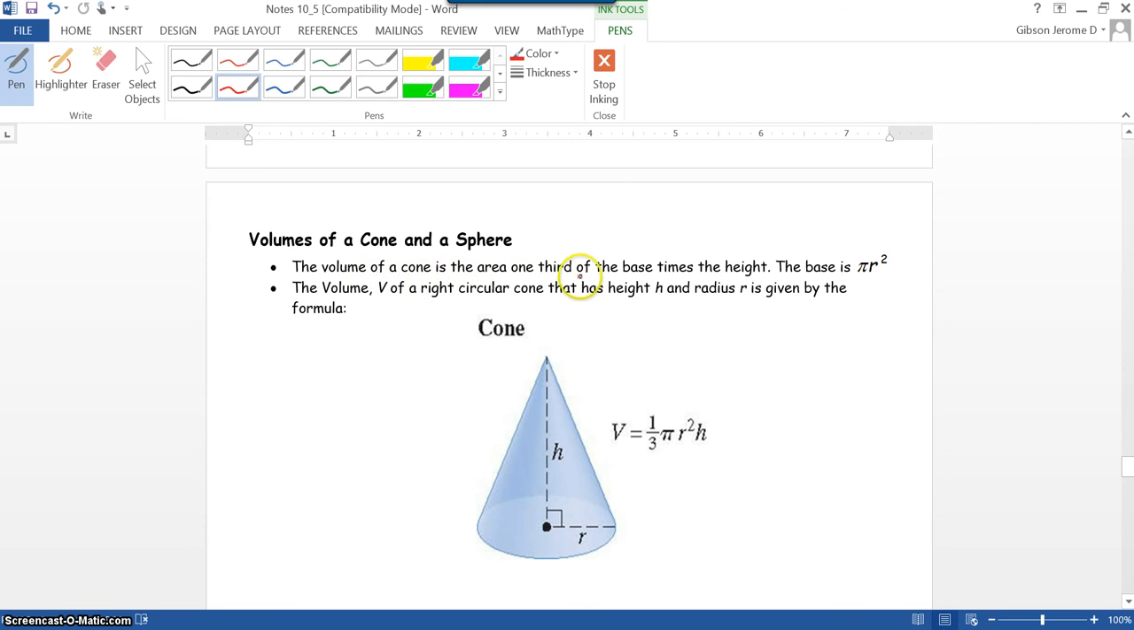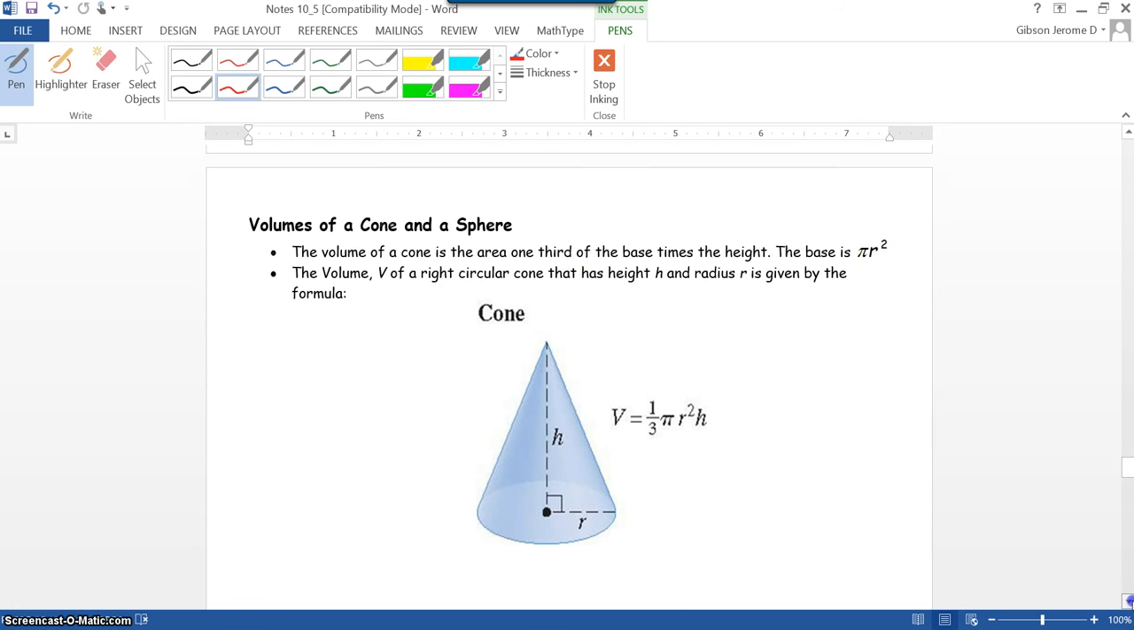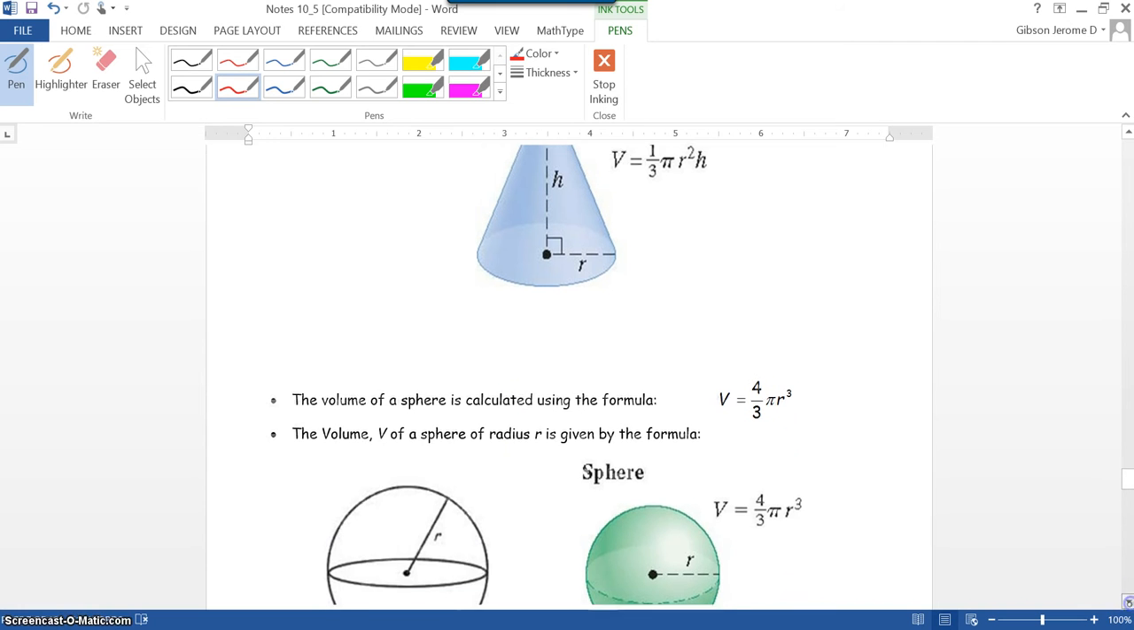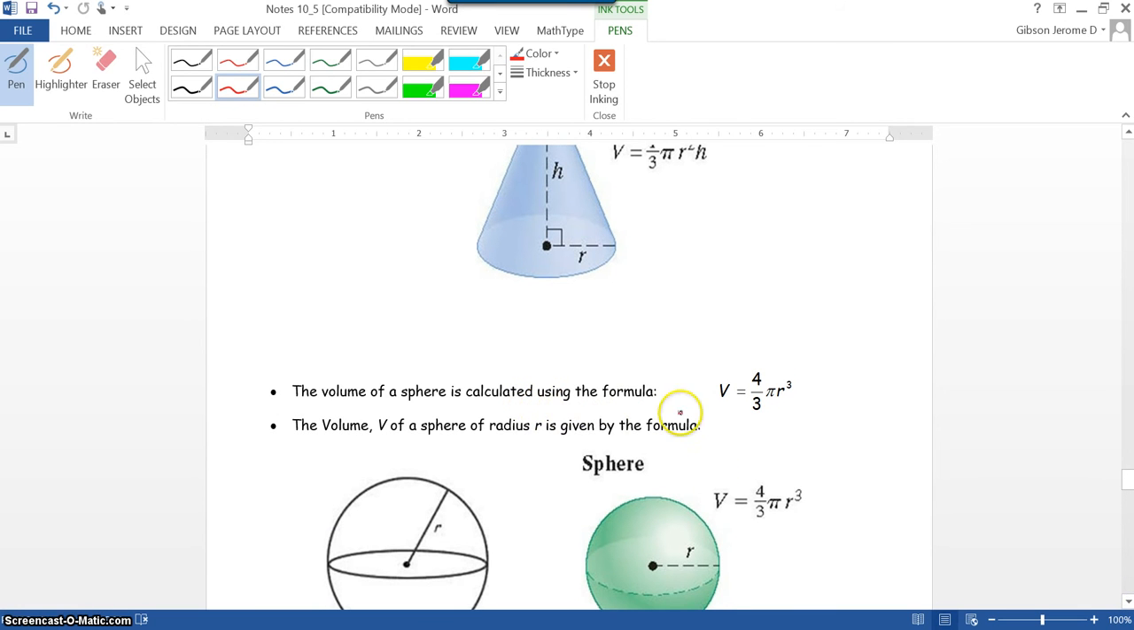The volume of a cone is 1/3 of the area of the base times the height. The base is pi radius squared. The volume V of a right circular cone that has a height h and radius r is given by the formula 1/3 pi r squared h. The volume of a sphere is calculated using a formula. Volume is equal to 4/3 pi radius cubed. The volume V of a sphere of radius r is given by the formula,